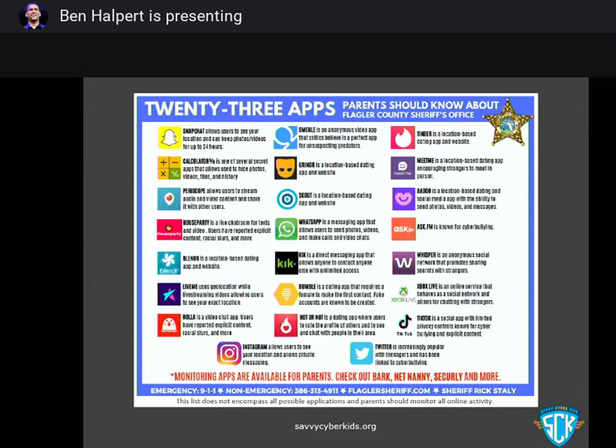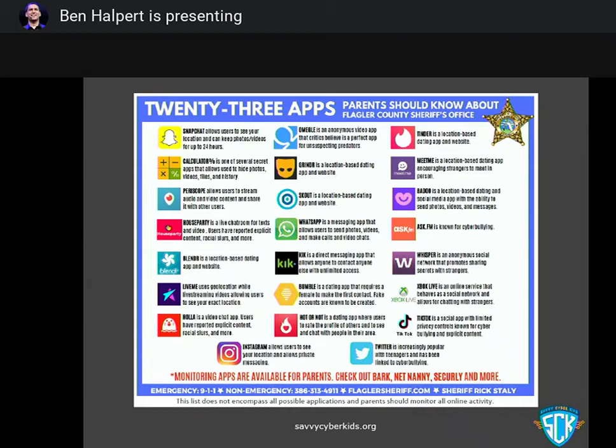So what do you really need to look for? The real answer to what apps do I need to be concerned about, or what games should I be concerned about my kids playing, is you need to be concerned about every single app your kid is using, every social media platform your child is on, and every video game your child plays. Doesn't matter if it's not on this list or not, because those dots on the map know how to find their next target in whatever game or whatever app your child happens to be interested in.